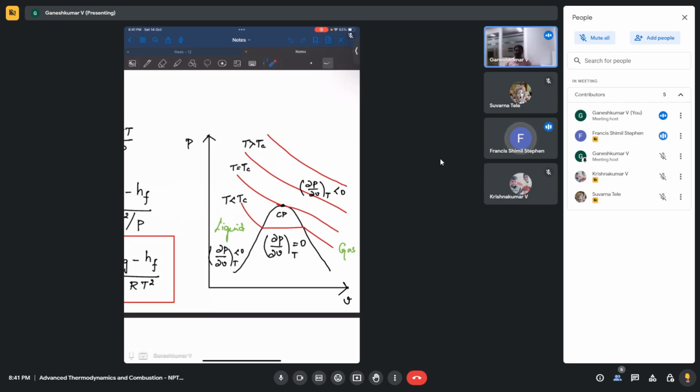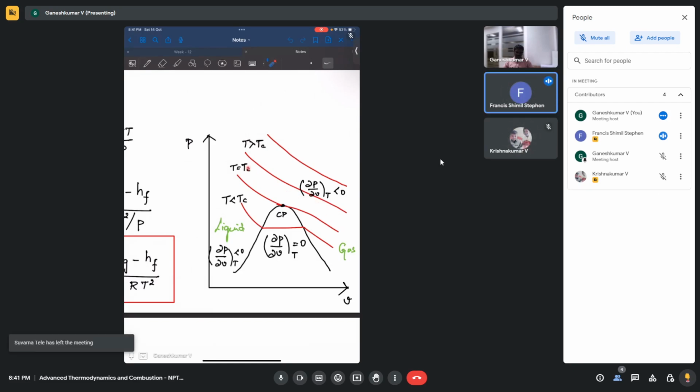My doubt is, I can understand whether it will be liquid or gas, but above that point it is written that we can't compress the vapor to liquid form since there is no phase change. So is it that if the substance is in liquid form, it cannot be converted to the other form, or if it is in gaseous form, it cannot be converted to liquid form? I cannot understand what actually it is.